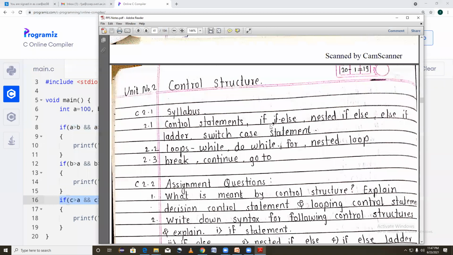Okay, almost all we have completed in these examples. Just we'll go through again and we'll have some more examples on if else, nested if else, else if ladder. Okay,